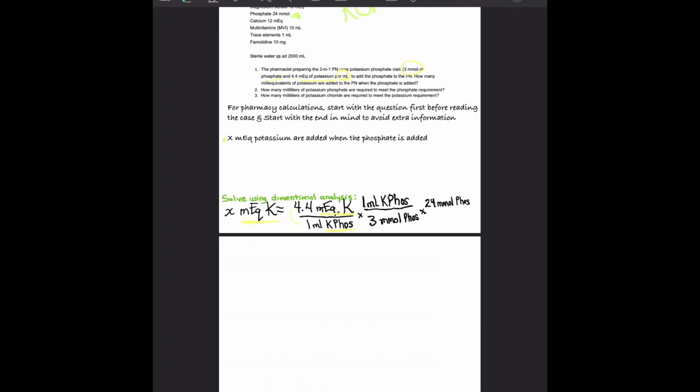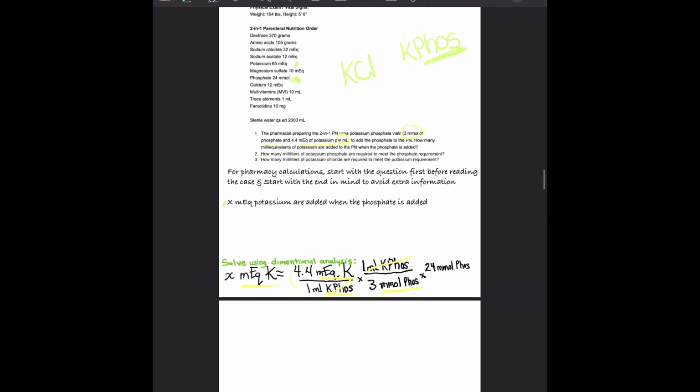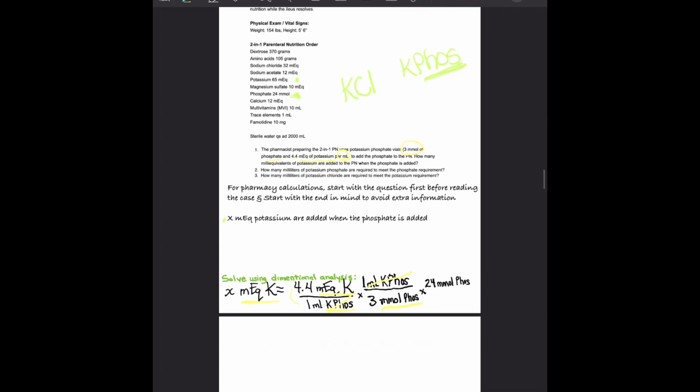Millimoles of phosphate that are required are right here, 24. So I plug that in. I can cross out my units. If I multiply everything on top and divide everything on the bottom, I will come out with my answer. I'm double checking my units, that it's milliequivalents of potassium, which is what I want. When I enter that into the calculator, I wind up getting